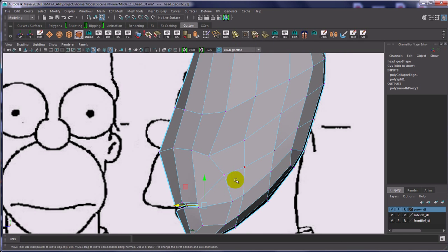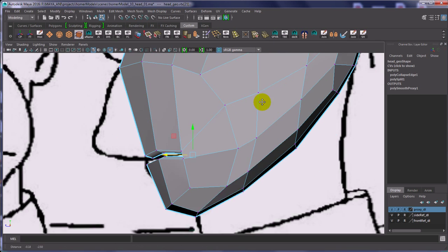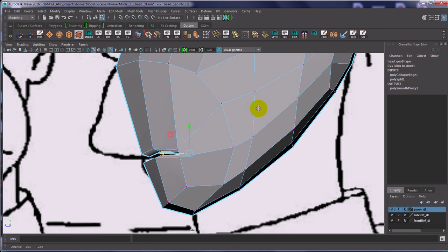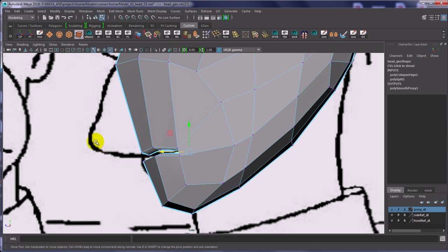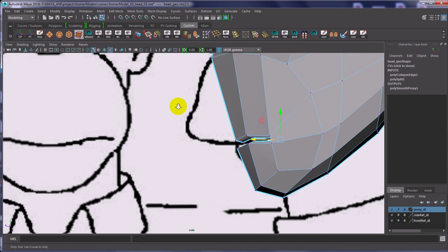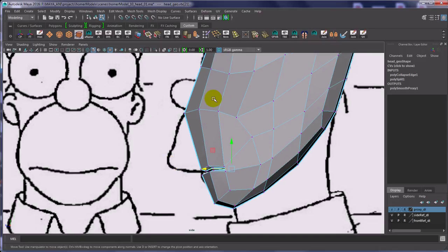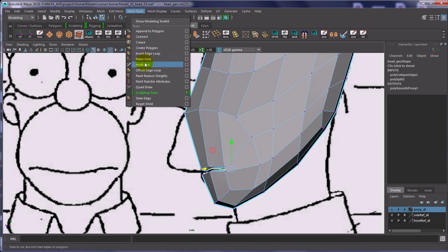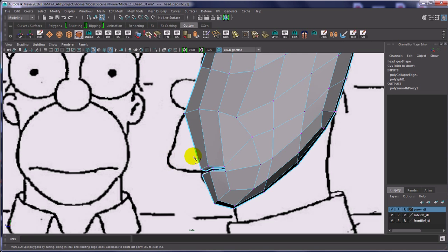And if we look in the side view, we might have to adjust this, and it looks all right. So I'm going to do maybe one more, and that's going to help us with this severe overbite that he has. So I'm going to put another loop in, roughly at the level of his overbite, so when it goes around, we can actually pull those verts out, and hopefully that'll give us a little bit more of a Homer-looking Homer. So again, multi-cut, so Mesh Tools, multi-cut, and this is about the level we want, so right there,